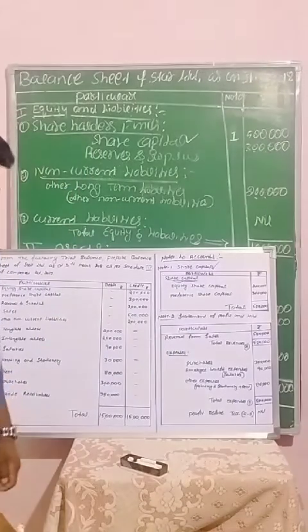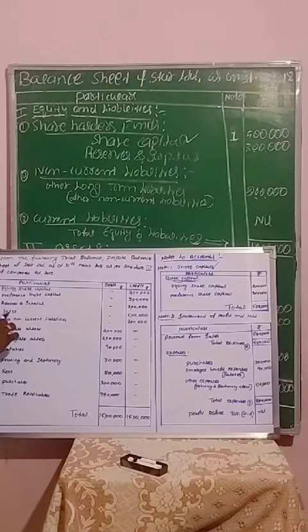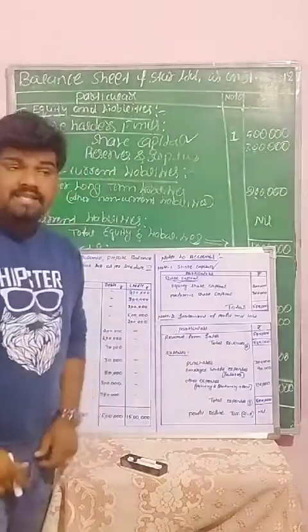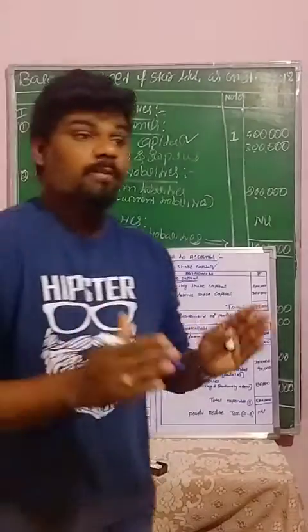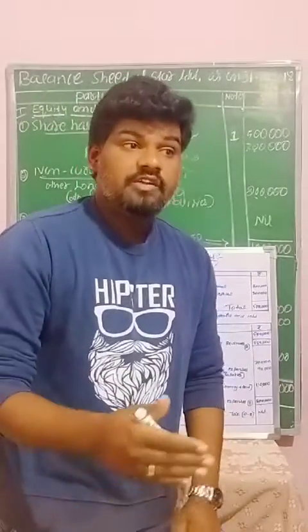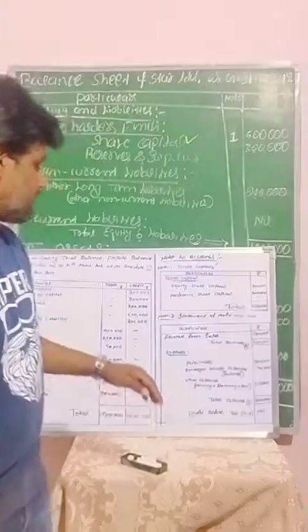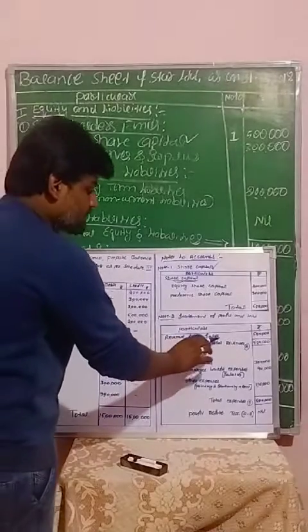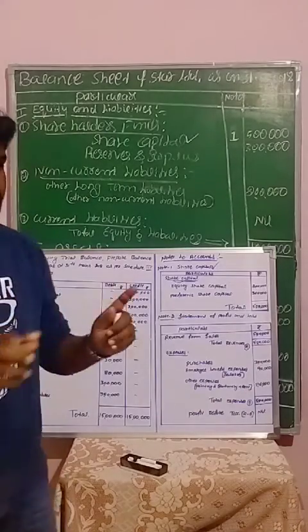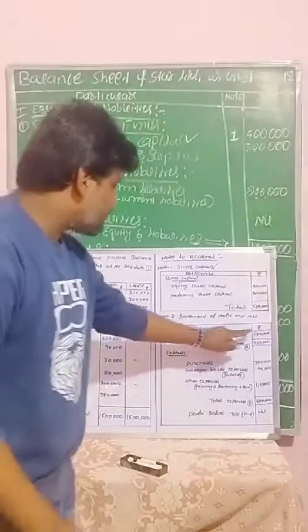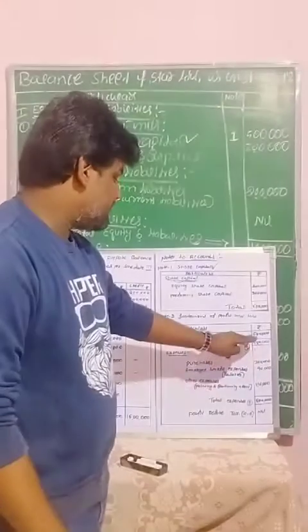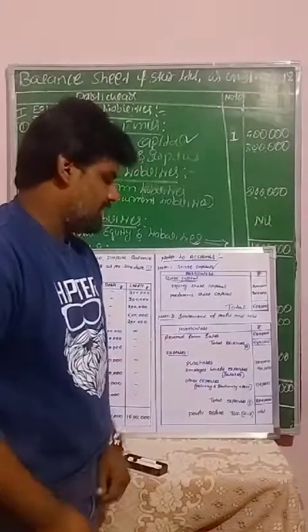As per the given information, they have given sales. What is the total sales? 5 lakhs rupees. These 5 lakhs rupees we can call revenue from sales, or it is also called revenue from operations or revenue from various activities. So we can call it by different names. Here, revenue from sales is a total of 5 lakhs rupees. As per the given information, there is only one transaction related to incomes. So these total incomes we can consider as the total revenues in the business organization. These revenues we can take as a value.